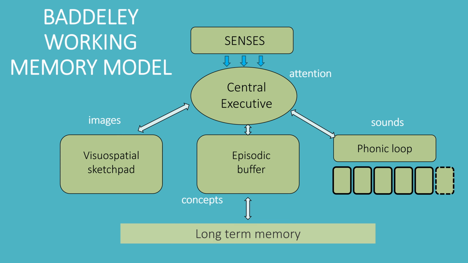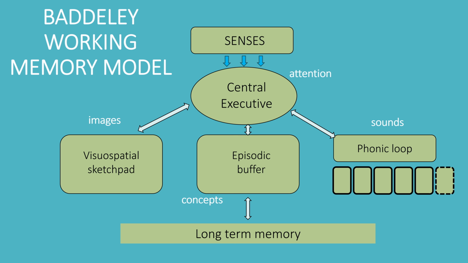Now the last bit here is the long-term memory. So anything that we have taken in from our senses, so sounds, images, and from the episodic buffer is picked up from our long-term memory and then we put those ideas together. Remember the sheep image. We saw the picture of the sheep, we heard the word sheep, and we took what we already knew about the sheep and brought it into our episodic buffer. We organize it again and make connections between those concepts to come up with a new concept. And that is basically how the Baddeley working memory model explains how we use our senses and our memory to